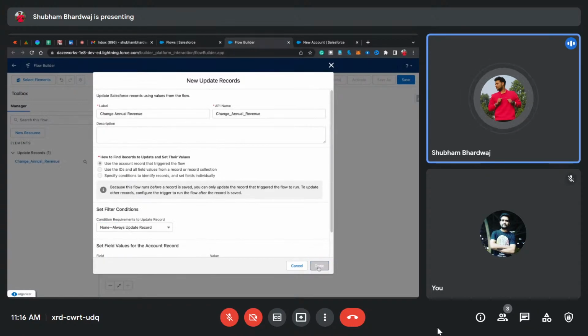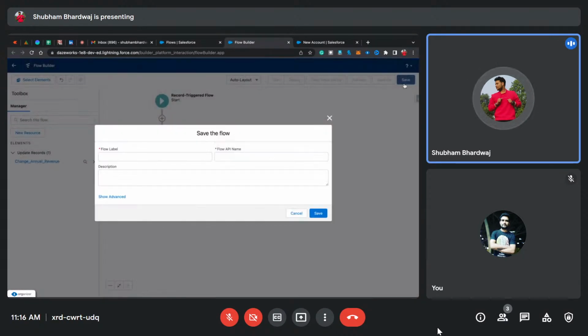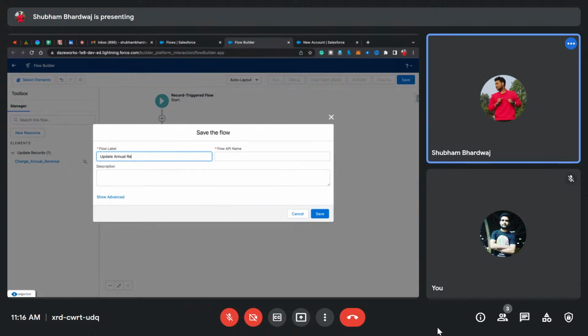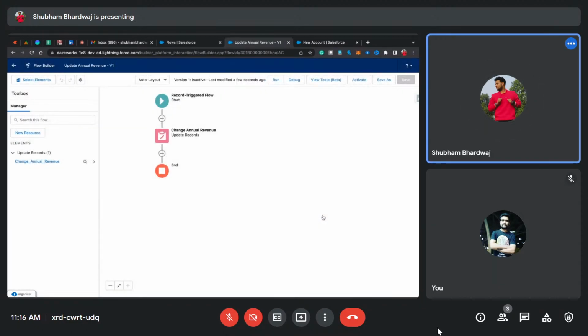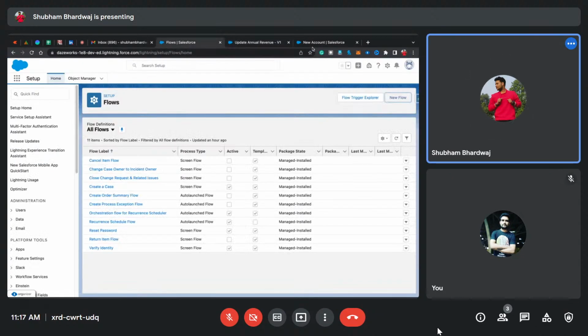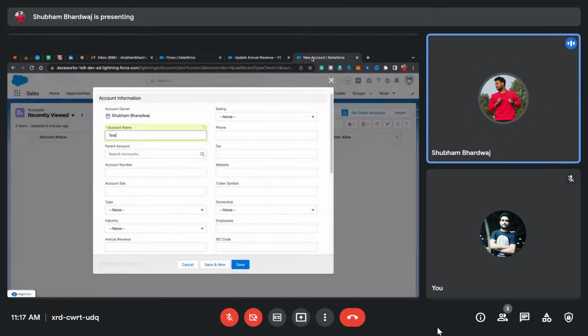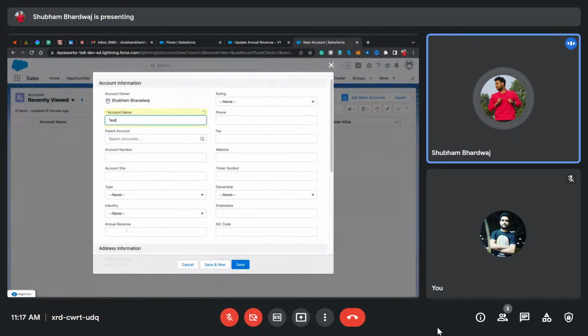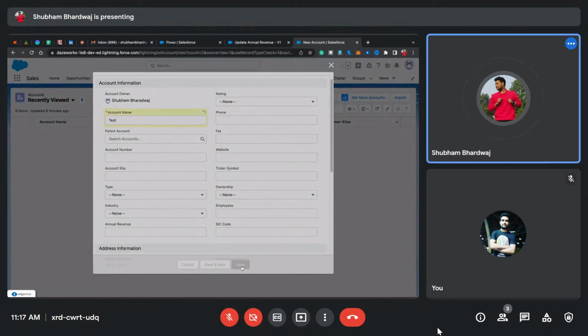So let's say I'm going to click on done, save my flow with the label, let's say, update annual revenue, and I'm going to click on save. Let me just activate this flow just to show you what this will do. Now you will see in the new account, I did not provide any annual revenue, right? So I'm just going to click on save